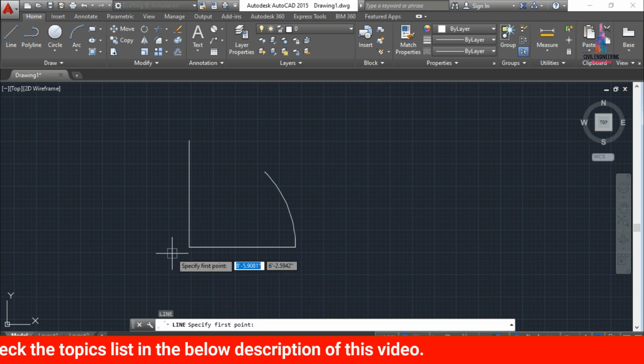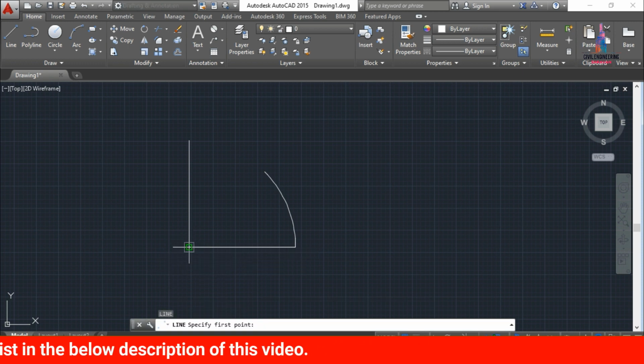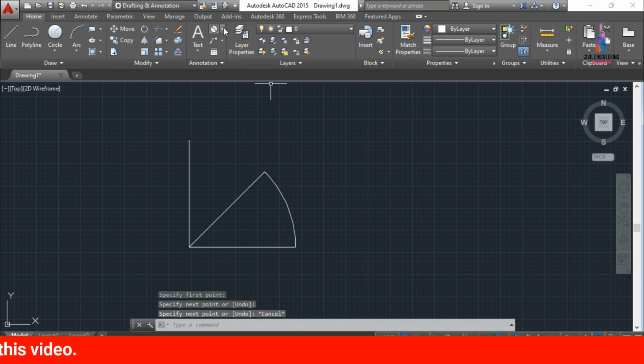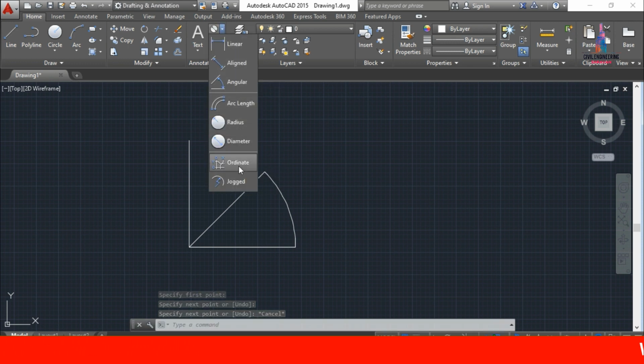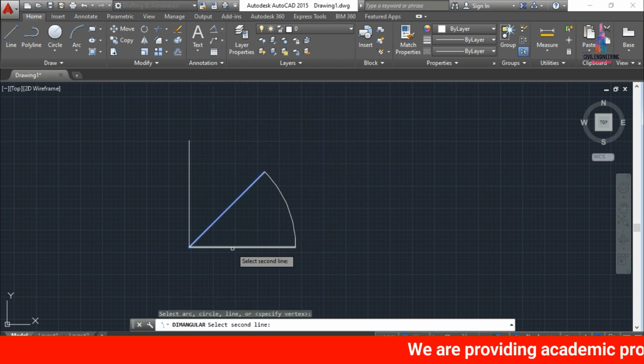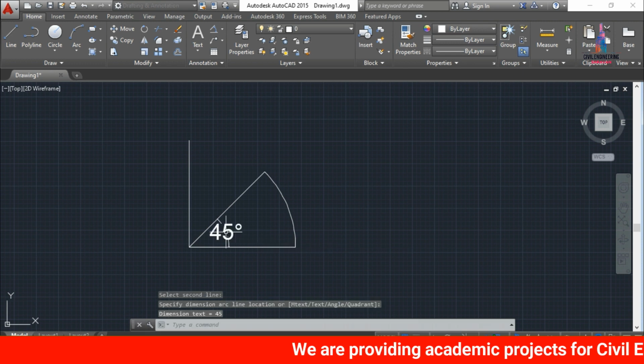angle in between these respective lines, initially we need to select this circle center point. Again we have to click on this respective point. Then you can go to the measurement option related to the angular value. Select the starting line and select the ending line. So this is the 45-degree line.